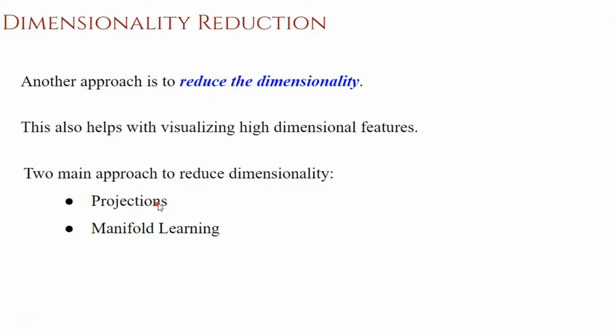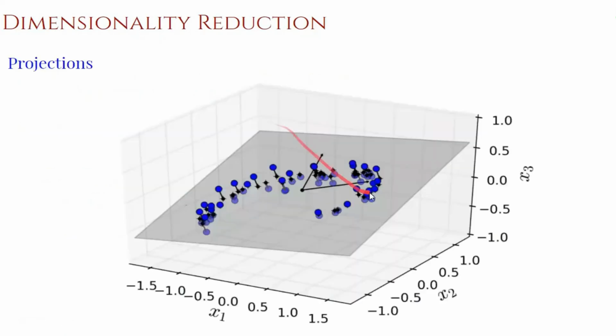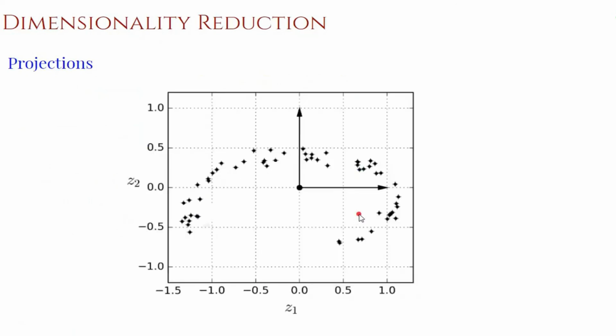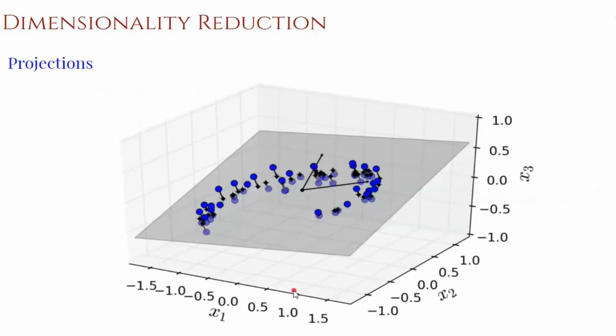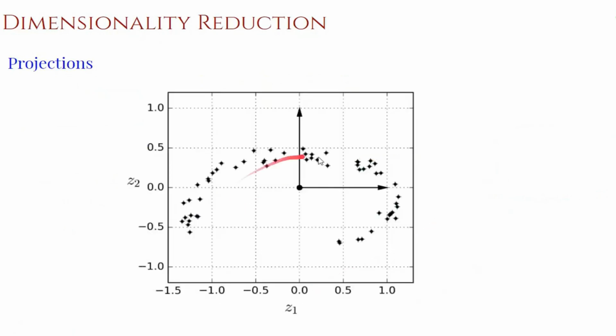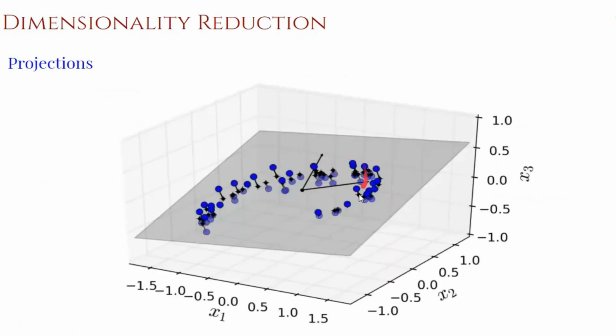It reduces the complexity as well as helps in visualization. So that is why it is more popular. So a three-dimensional data, what do we mean by projecting it? We find a hyperplane like this, and then we sort of project it. A three-dimensional data can be reduced into a two-dimensional data, and you can see the overall structure of the data